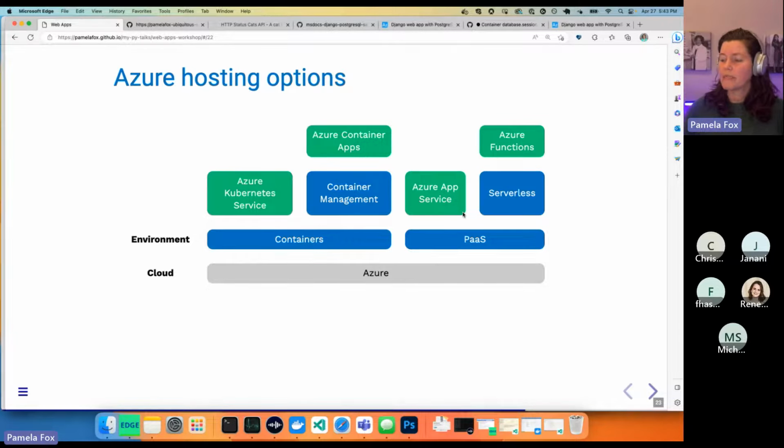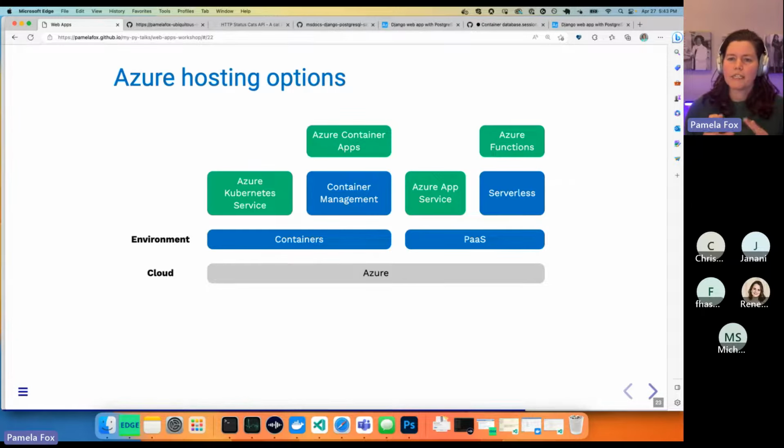Okay, Janani has a question: what does the term container refer to? Good question. It refers to Docker containers. There's a big trend these days to Dockerize or containerize things, and it makes it easier to make an isolated environment for your app so that it has everything inside there. If you think about it like shipping containers, once they came up with that standard size shipping container, it became easy to ship anything.